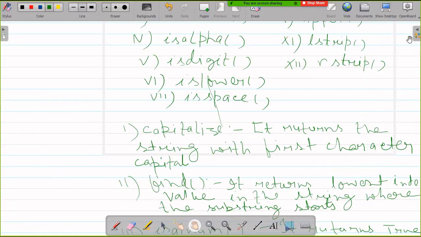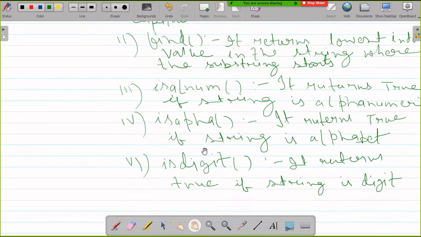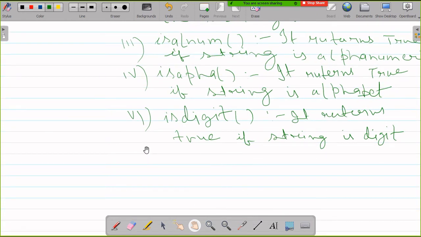Yes, is right there. Isupper function is different. The is means it checks whether that string is digit or not, alpha or not, number or not, in this way. And upper character is another function, okay.